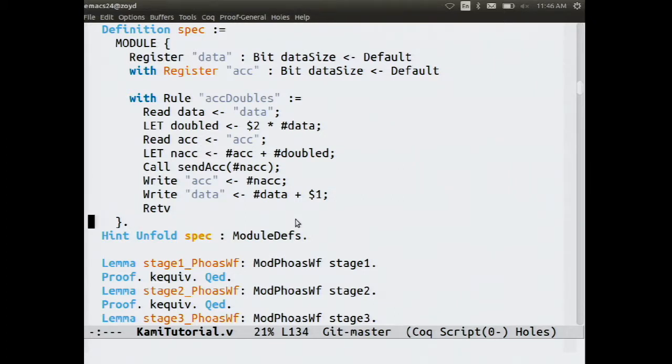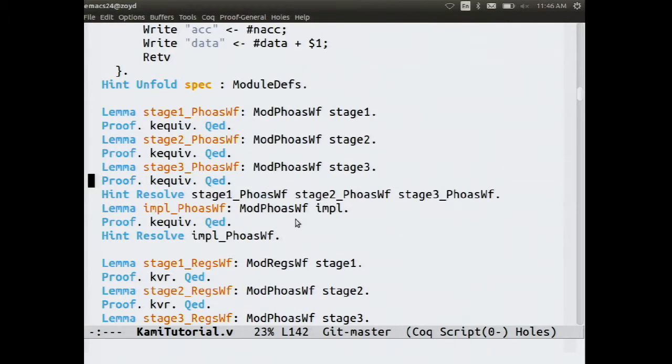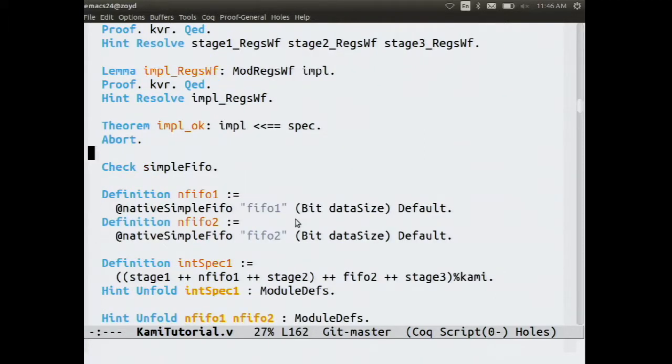So there are a bunch of well-formedness proofs we have to do to make all this go through, but I won't dwell on those. They're all easy to automate. And then we have this theorem we're aiming towards to prove that the implementation implements the spec. Our definition of that is any module in Kami has a set of traces that it might generate. Traces consist of both incoming method calls on the methods of your code and any outgoing method calls you send to other modules. And a given program implies a set of feasible traces when we assume other modules can call us however they like. So it'll in general be an infinite set of traces.